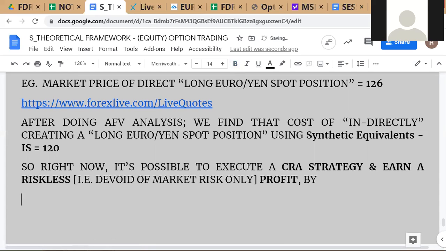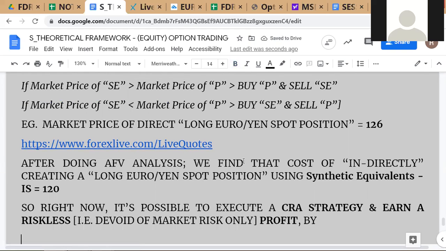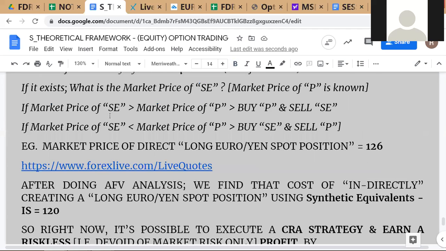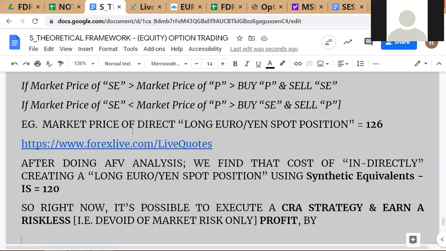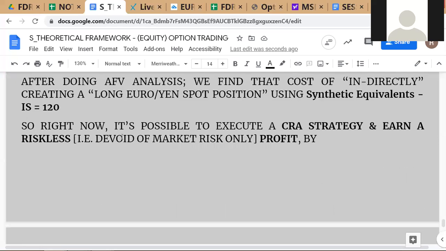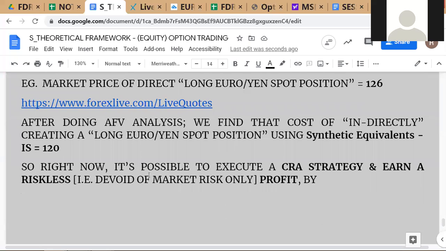In this case, what am I going to do? Because in this case, we go back to our logic here, the algorithm here. We find that the market price of the position is 126, and the cost of creating the synthetic equivalent is